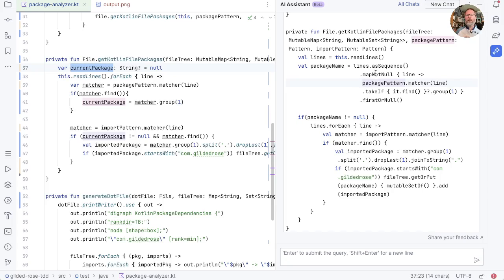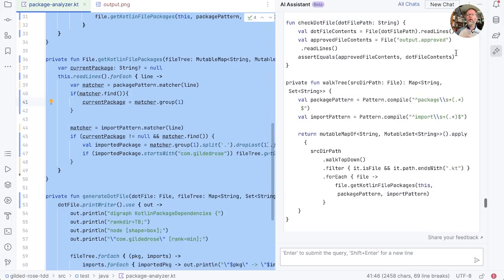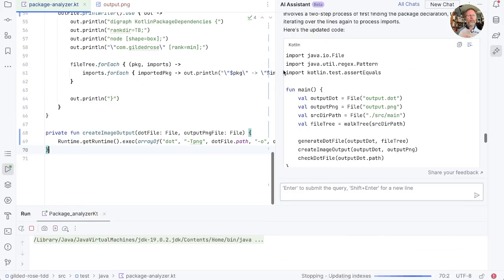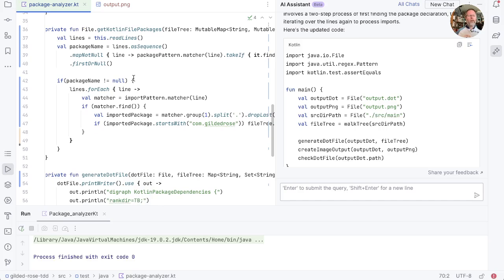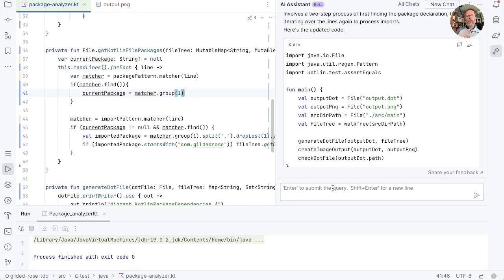This code is fascinating, the map not null, take if first or null. I'd be really interested to see whether it actually works, so let's find out by running it. And it appears to be working, but I think it's made everything worse rather than better. So I'm going to undo this and maybe try something really daring,